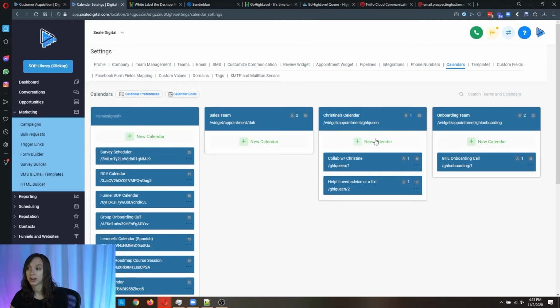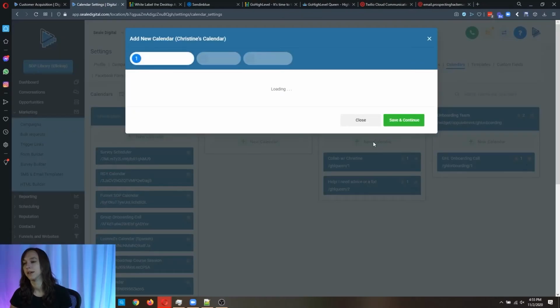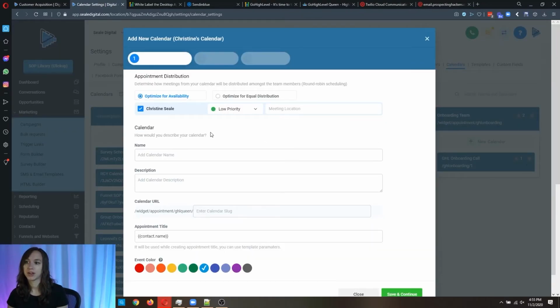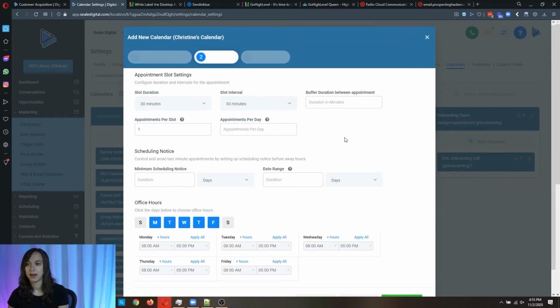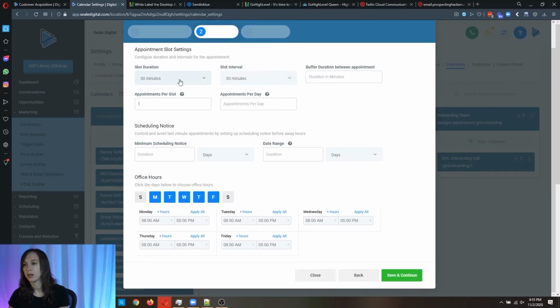But then you're going to click new calendar, which just means basically like it's a new service. And you're going to set up the services in here. Okay. So name, description, calendar URL slug, the appointment title, and how long you want the appointment to be, how many appointments per slot, minimum scheduling notice.